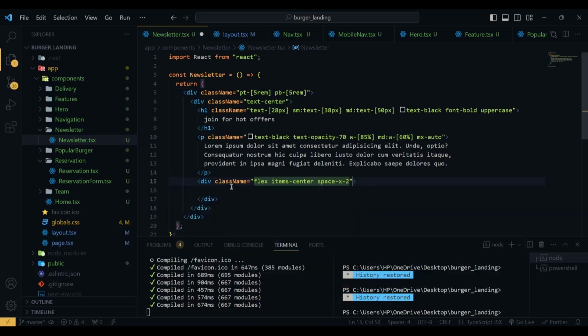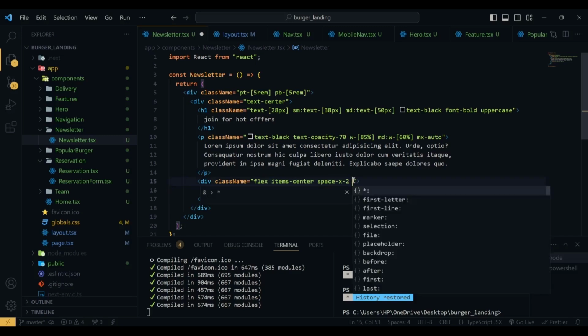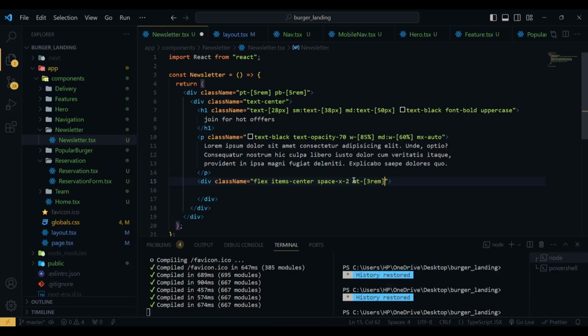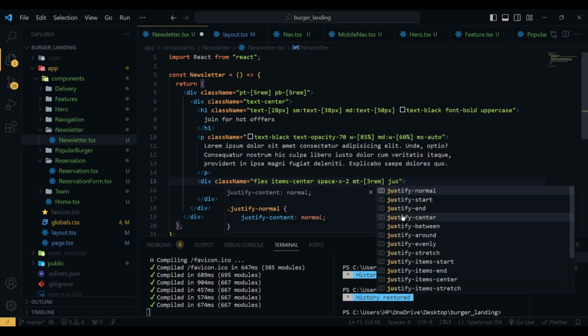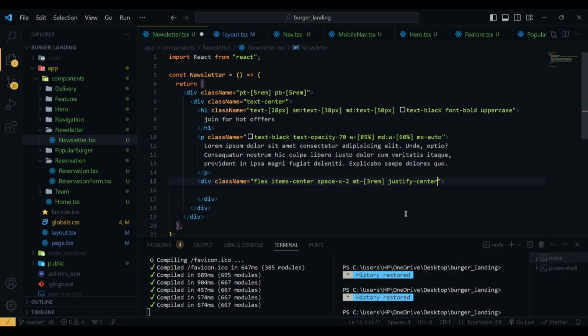Inside this div we are going to place our input and button, and we are going to make this a flex item. So after space-x-2 we have margin top of 3 rem, justify will be center, and inside this div we have input and then